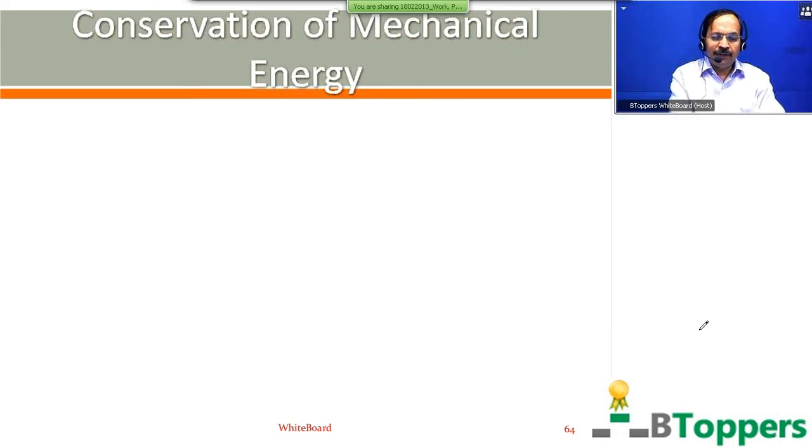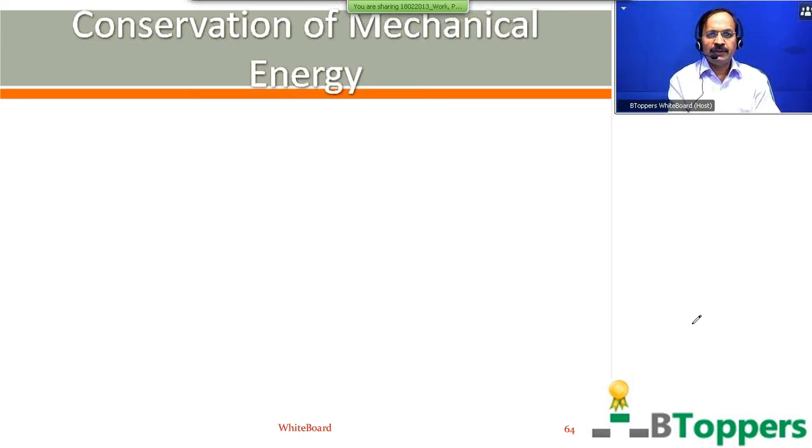I have discussed the work energy theorem as we applied it for a block of mass m or for a rigid body. When you are applying the work energy theorem for a block of mass m or for a rigid body, you can say that the change in the kinetic energy of the body is equal to the total work done by all the external forces acting on the rigid body, irrespective of the nature of the forces.